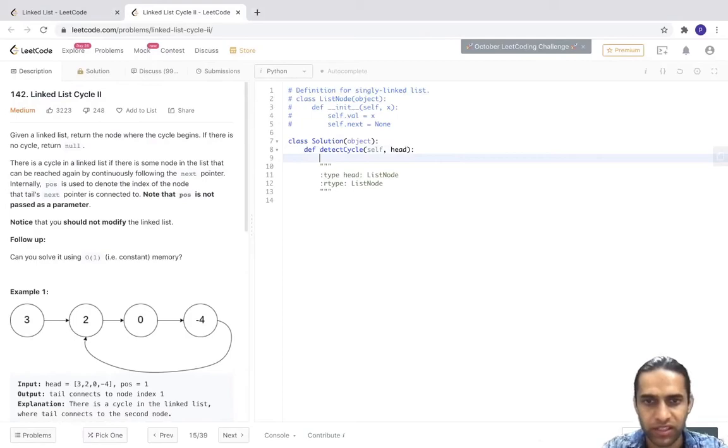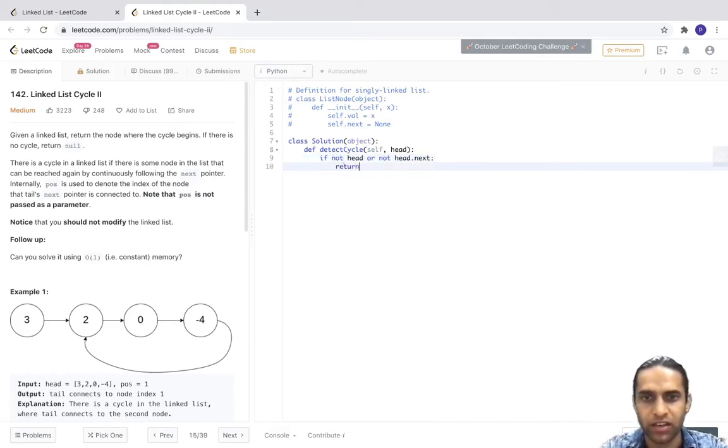Let's get rid of this part. I say, if there is no head, or not head dot next, I return None, since there was no cycle there. Otherwise I will have my hare which starts at head, and my tortoise which starts at head. While I have hare and hare dot next, which means I can take two jumps, my hare will become hare dot next dot next, and my tortoise will become tortoise dot next. So if my hare is equal to tortoise,